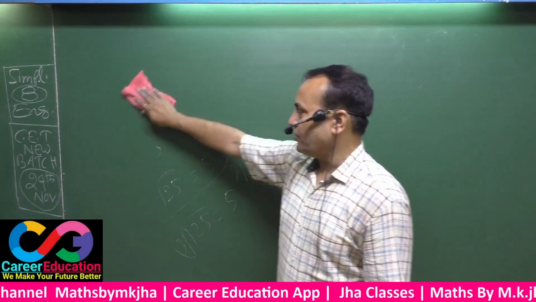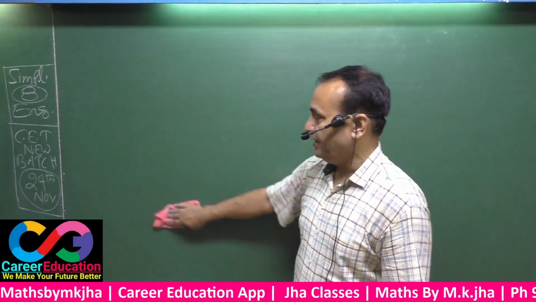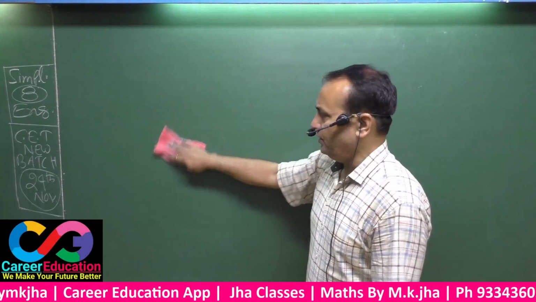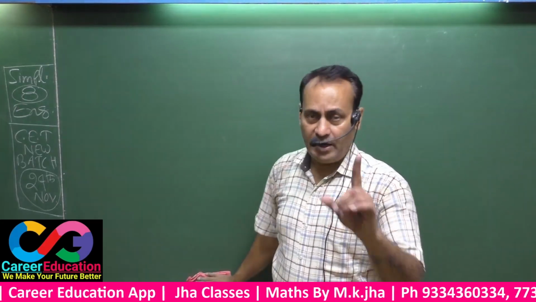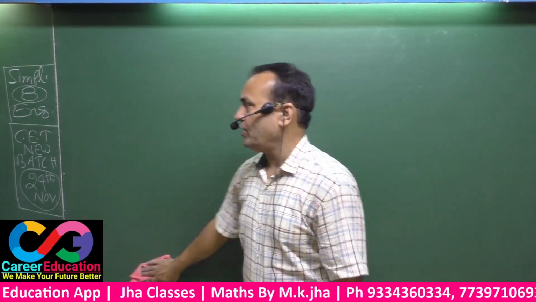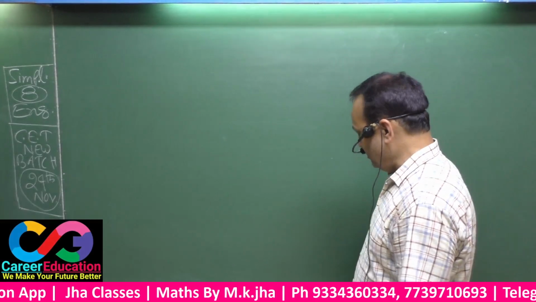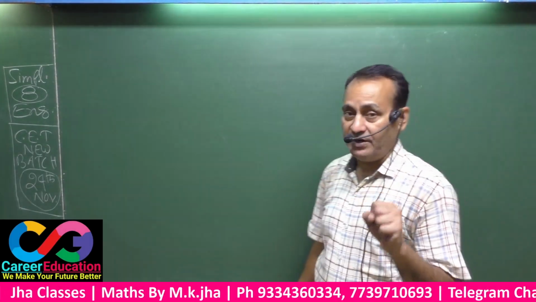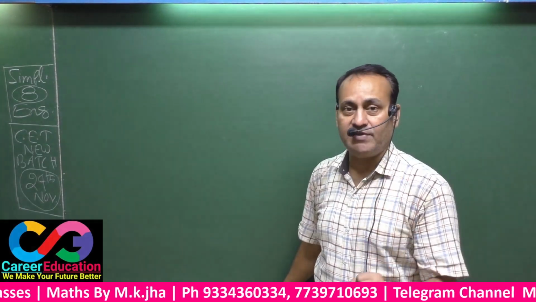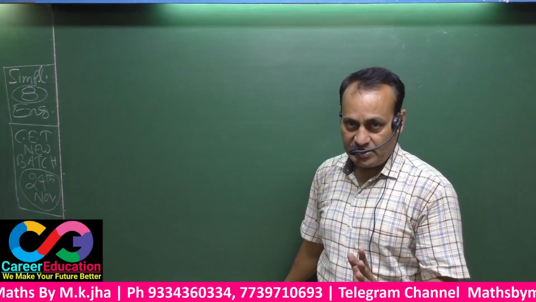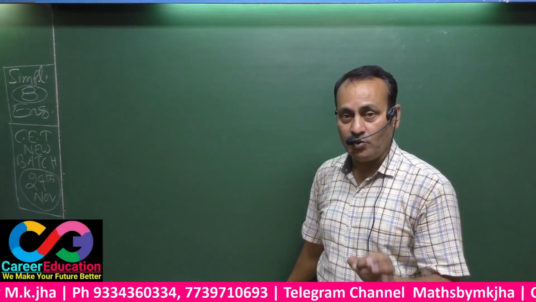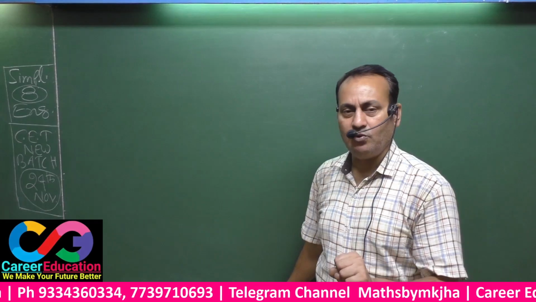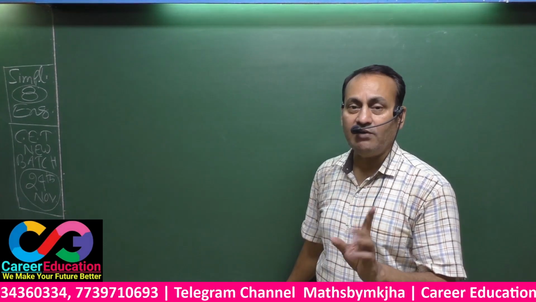But in order to get the cube root of any number, you will have to go through the factor method only. No other way for cube root. That means in order to have a square root of a number, you have two ways: one is the factorization method, the other is the division method. But as far as the cube root of any number is concerned, you will have to go through only one method, that is called the factor method.